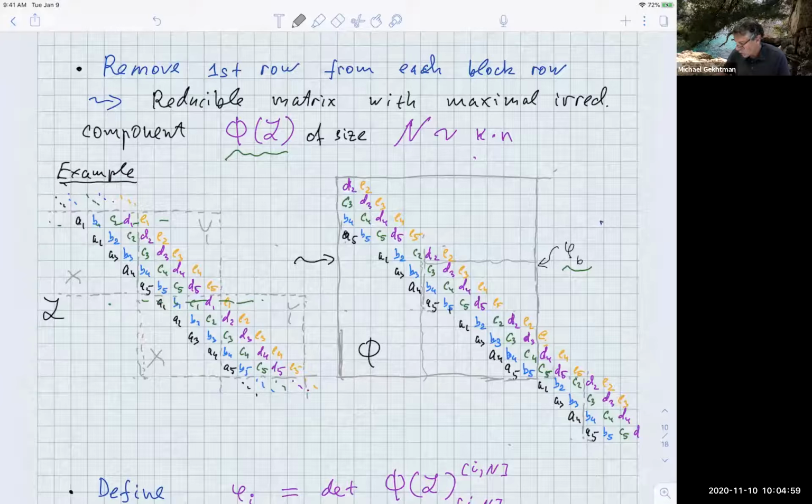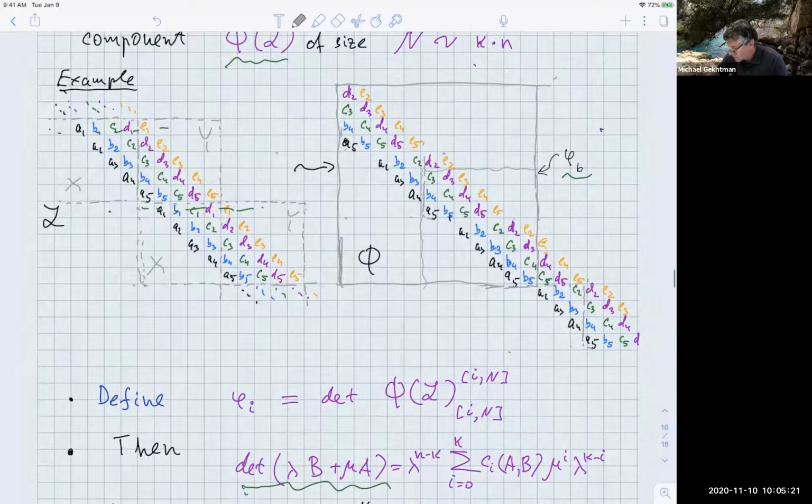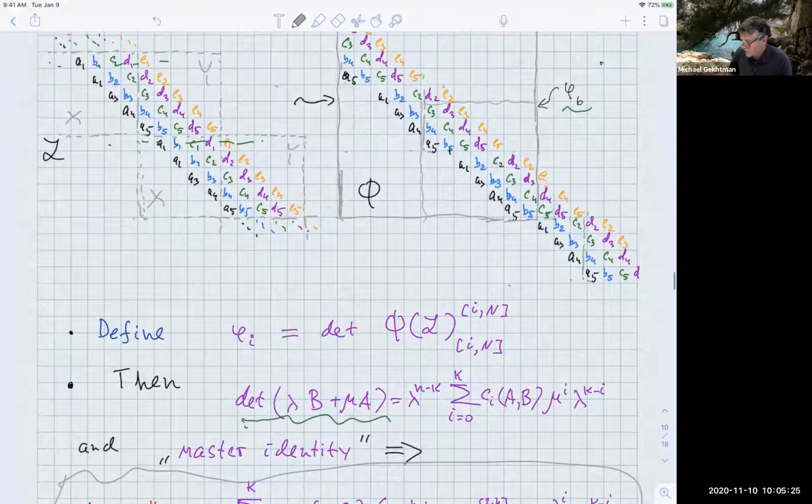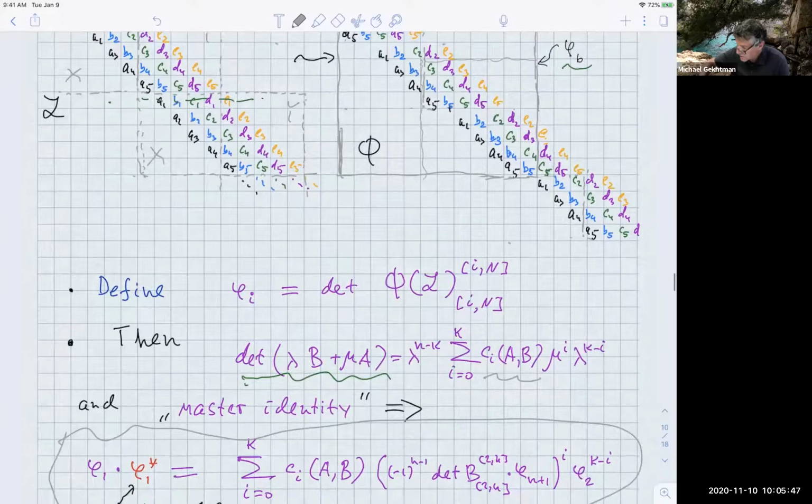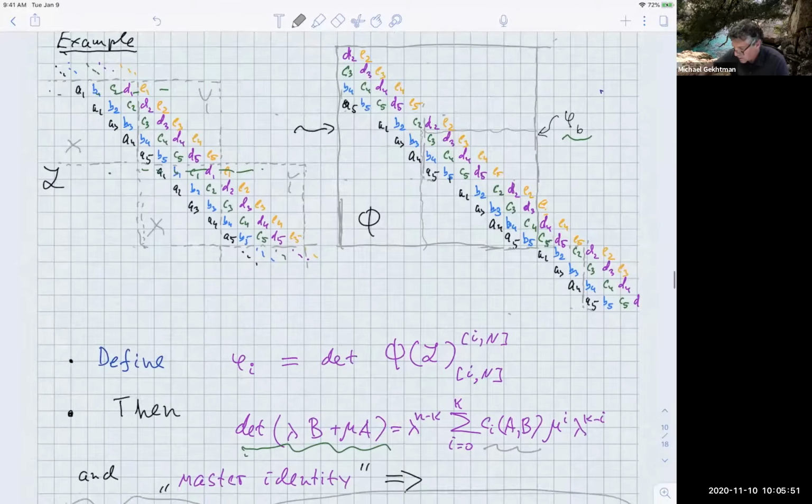All right. So how are we going to use it? Now I have a well-defined lower right corner, and I'm going to define a family of functions, which again are built as trailing principal minors of this irreducible block phi. So there will be n of them. And I claim that if we define the characteristic polynomial associated with our staircase periodic matrix, just the determinant of lambda B plus mu A, and we record its coefficients, then our previous master identity can be restated as follows. The determinant of this entire block phi, which we will call phi1, times a new function